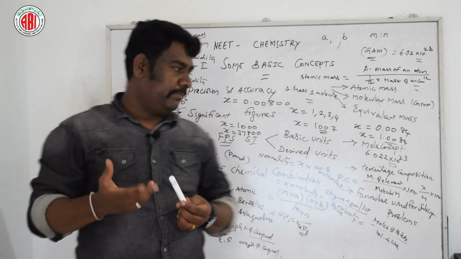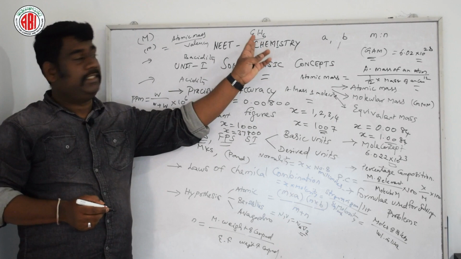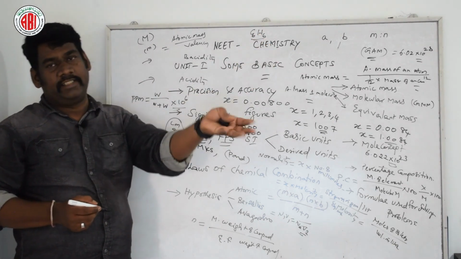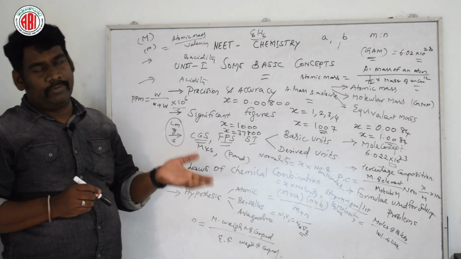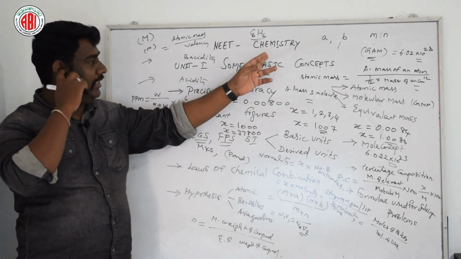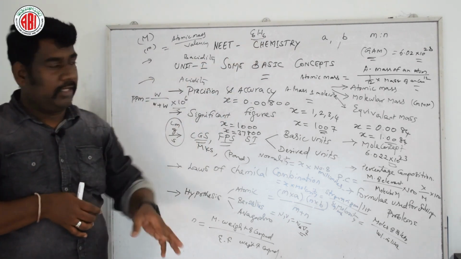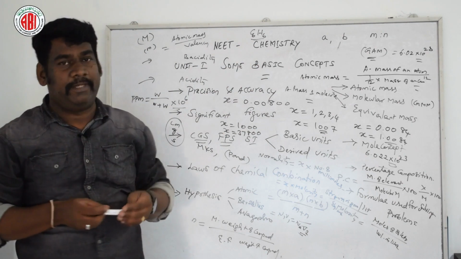For example, the compound benzene is C6H6. Likewise you can take any compound: KMnO4, potassium permanganate, then glucose C6H12O6. These are a few examples. This is said to be the molecular formula of the compound given. So this is the molecular formula for benzene.